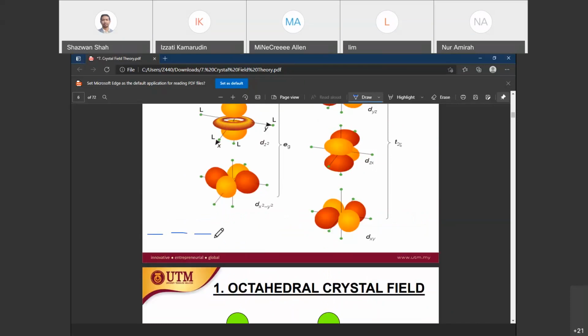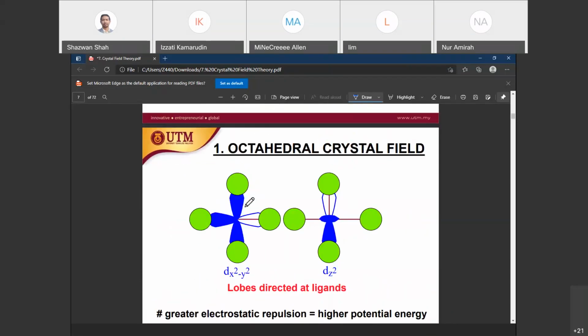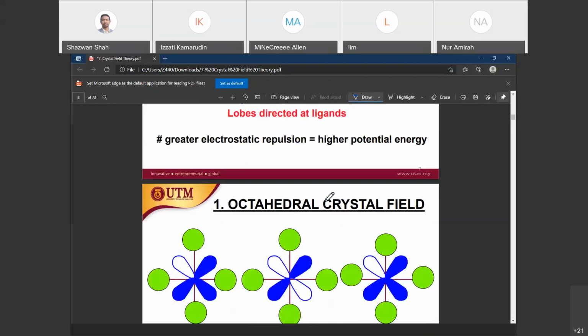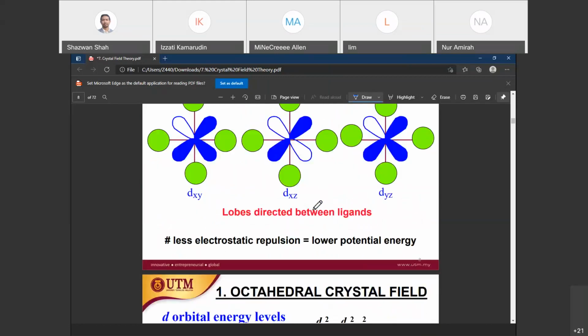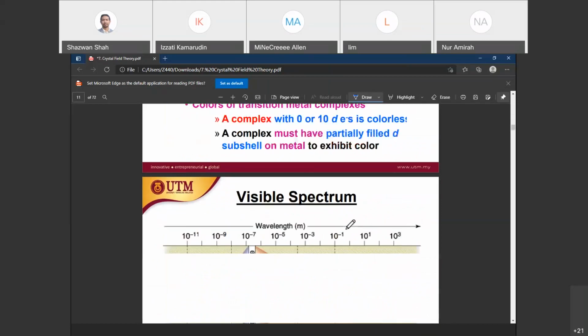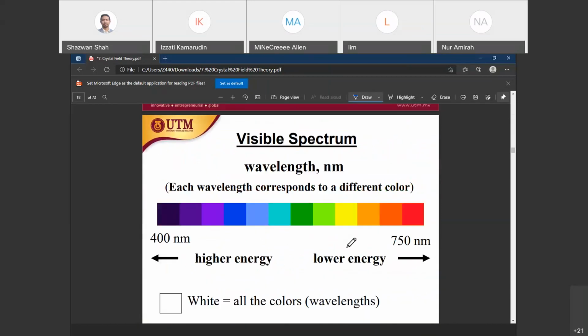So for instance, for octahedral, we have 2 energy levels. Those with a Z component occupy the higher energy level, for example here dz square and dx square minus y square, where the ligands approach at the axis position. Here dxy and the others are in between the ligands. So octahedral we have covered before, and today